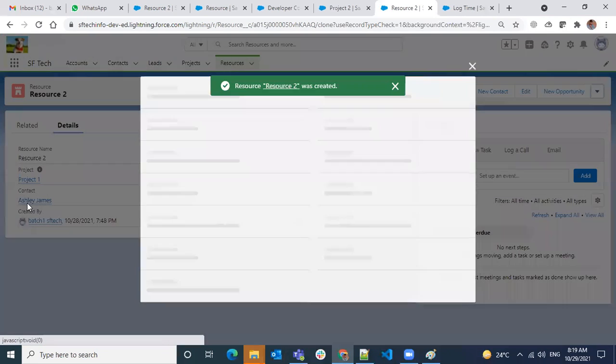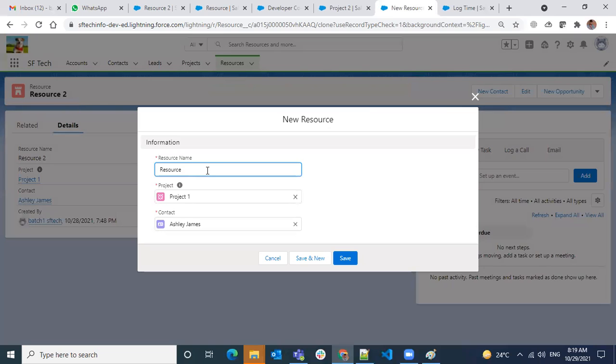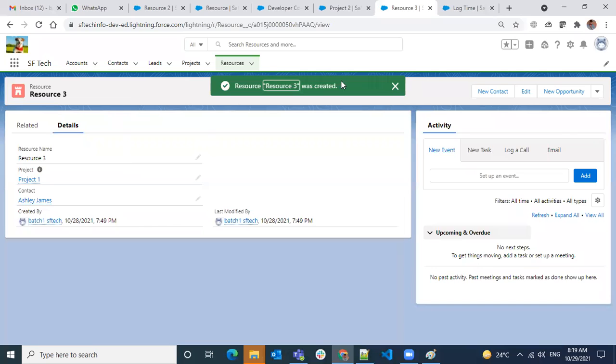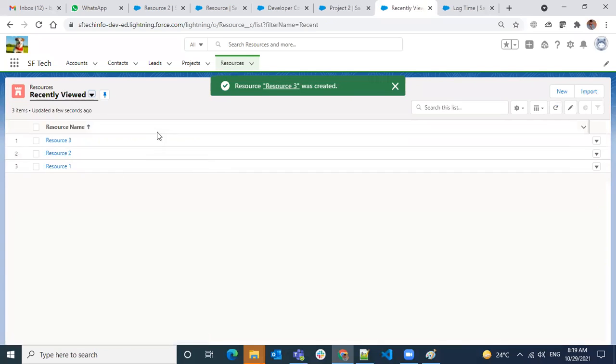When you do a clone, it will copy everything from that record. Okay, so I created three resources on the same project.